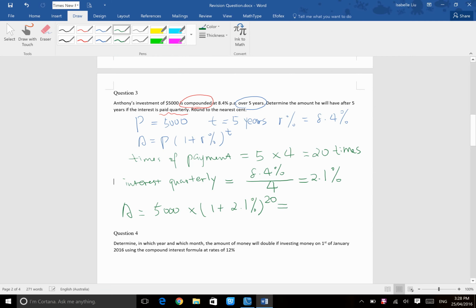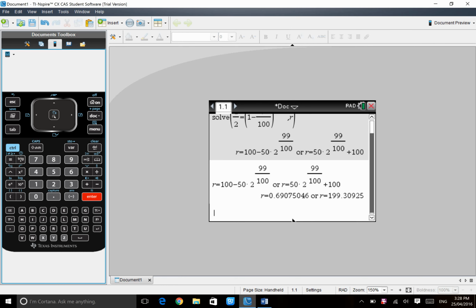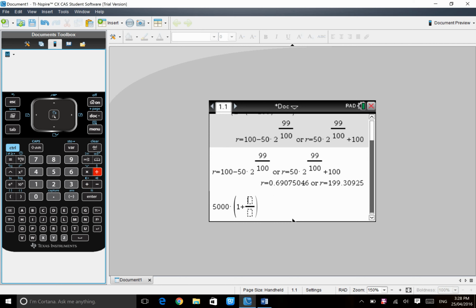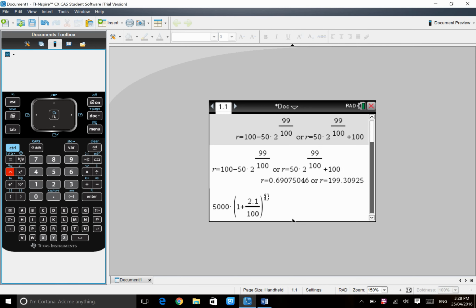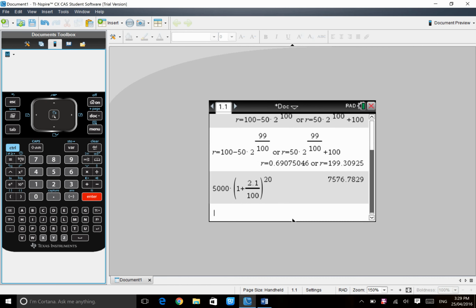That will equal, I need my CAS to help me. So I will write 5,000 times bracket 1 plus 2.1%, which is 2.1 over 100, to the power of 20. And I press Ctrl and Enter. I'll have this value,